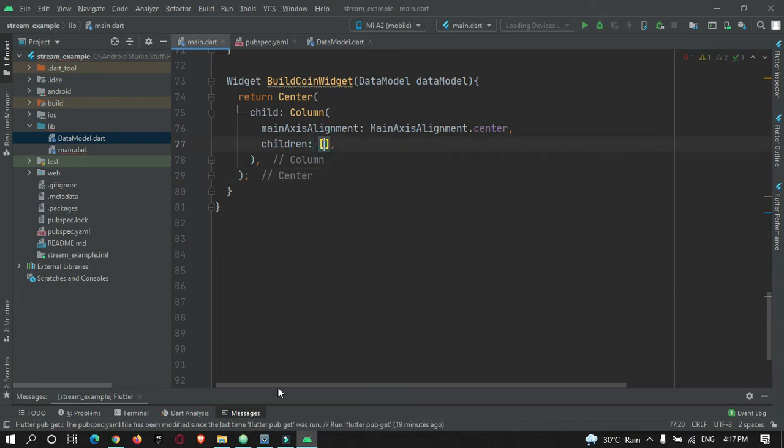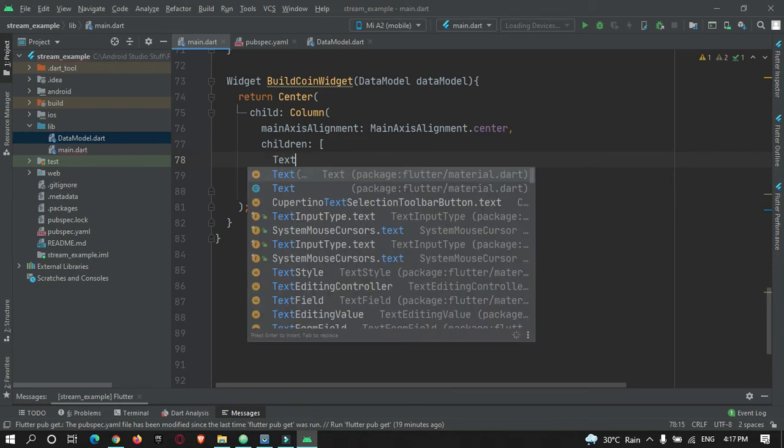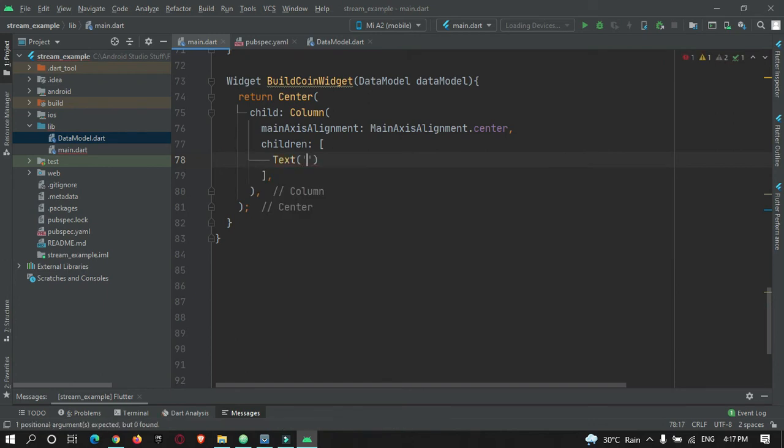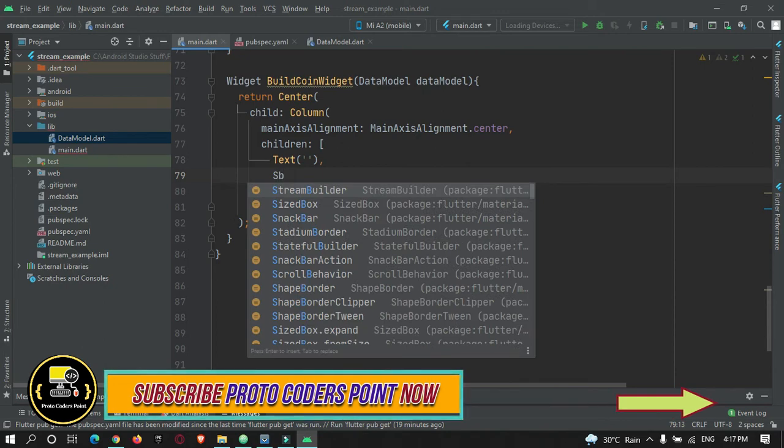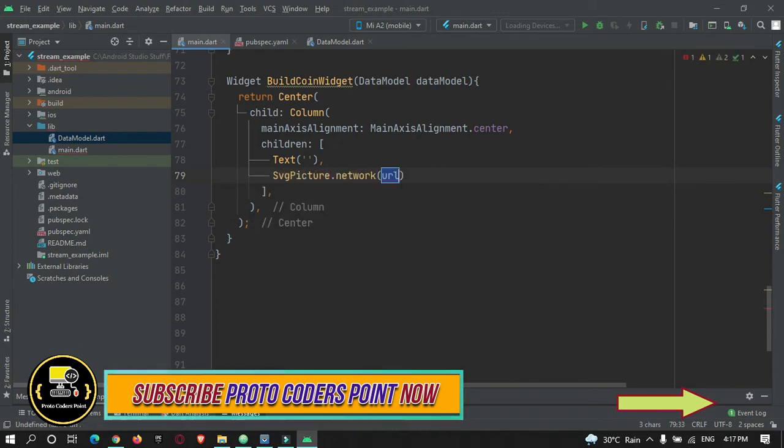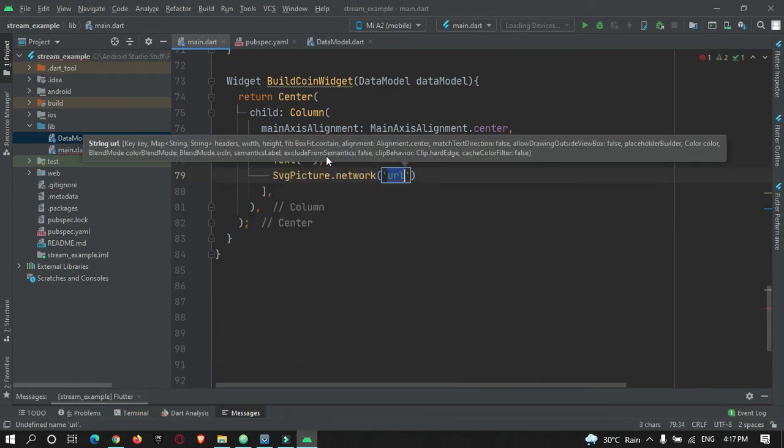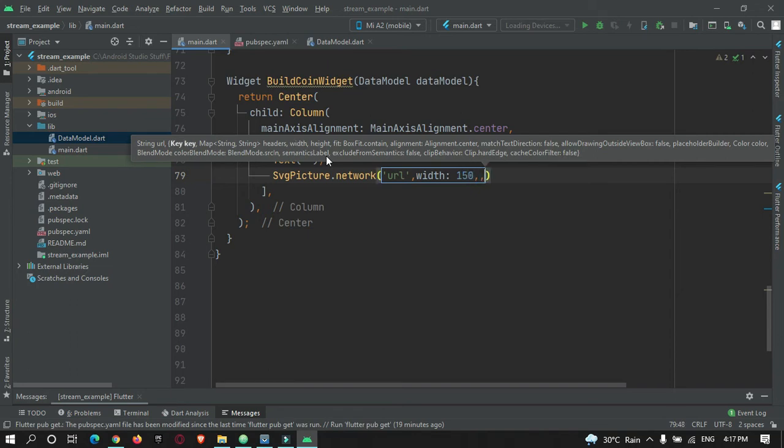So inside children tag we need 3 datas, that is name, the image, and the price of a cryptocurrency. So let's create a text widget first of all. So over here we are going to show the cryptocurrency. Then we need a SVG image from the network, svg.network, image URL. Let's give a size to this SVG image. So let me make it 150 and height of 150.